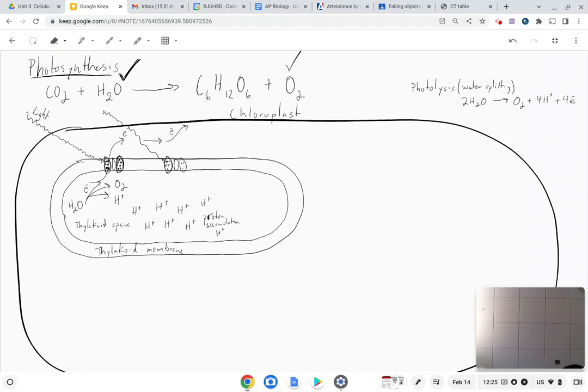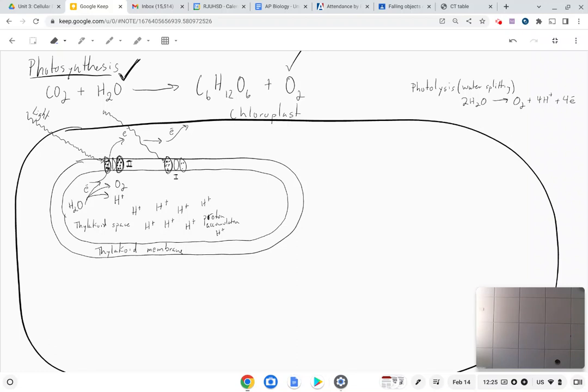So the electron gets excited again by photosystem 1. So this is Roman numeral 1. This is Roman numeral 2 photosystem. So why does photosystem 2 come first? Why does it? I don't know. I'm not sure. But anyway, you get the